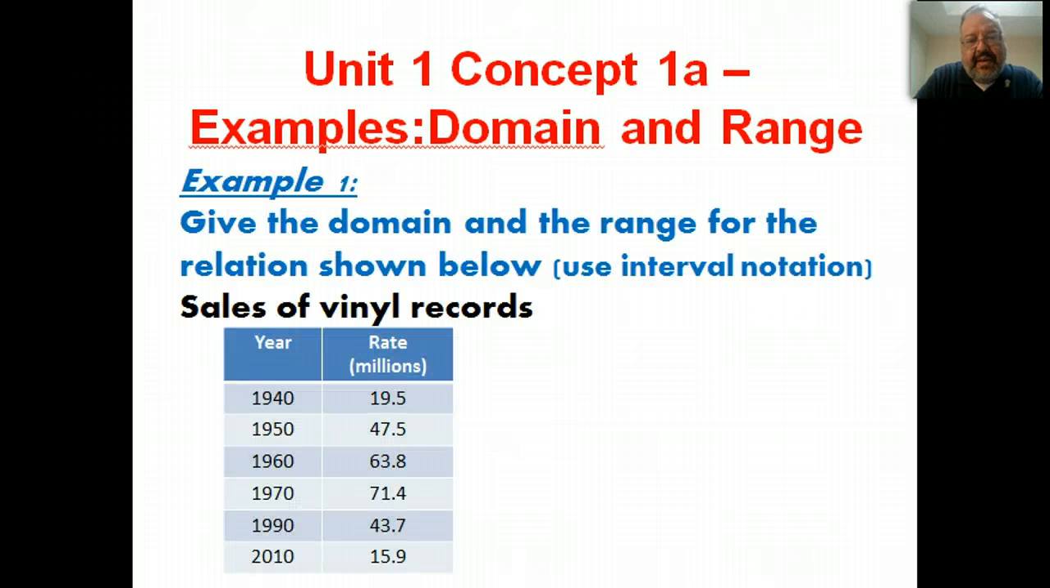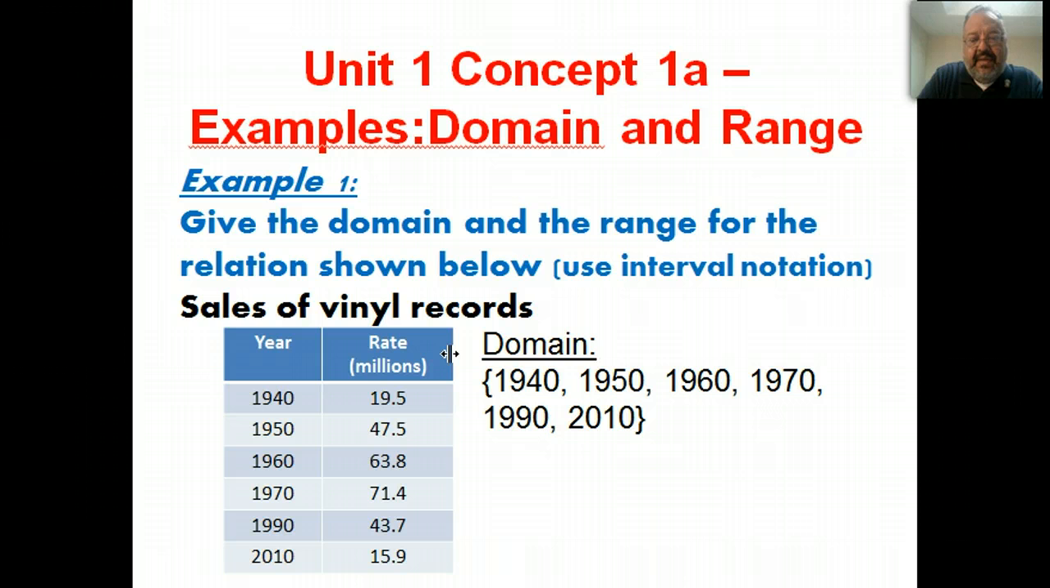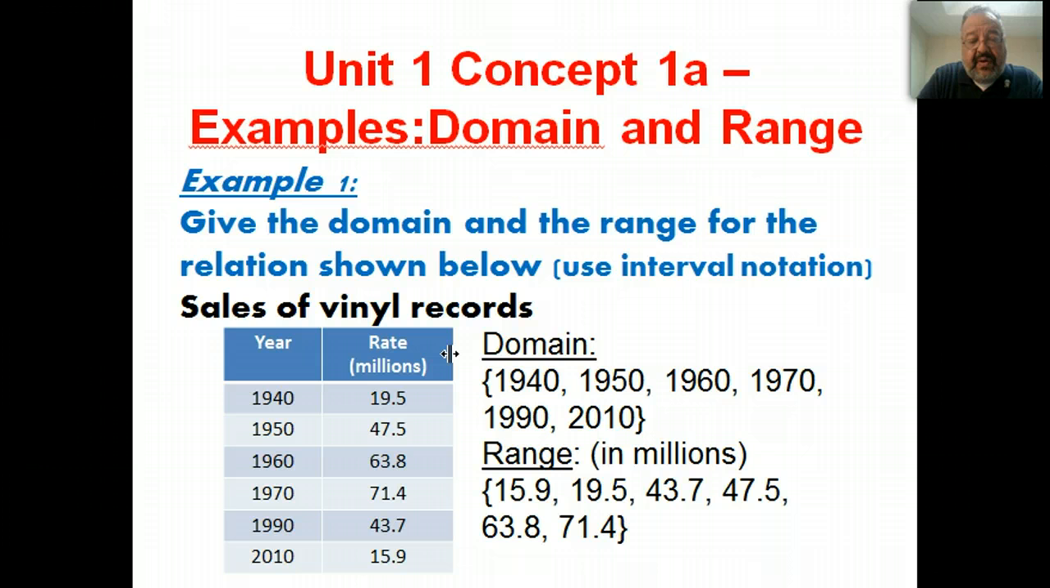Example number 1 has to do with sales of vinyl records, and it asks you to find the domain and the range for the relation below. Well, as you know, the domain is the x values and the range is the y values. So right here we got the x values and right here we got the y values. Alright, so we're just going to list those. So the domain is all of the years written down individually from 1940 to 2010. Now the range is in millions, and it goes from